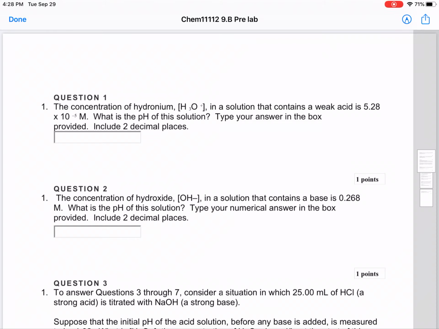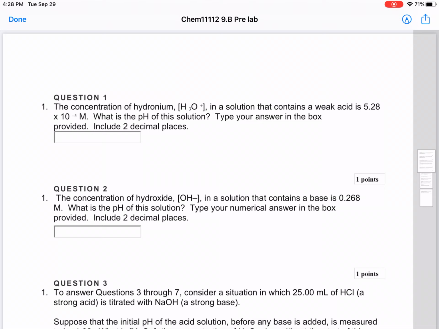Hello everyone, let's go ahead and do our experiment 9b pre-lab questions. It's not that hard, it's just acid-base. pH, concentrations of acids and bases, and pH of the solution is what we are going to learn in this section. Okay, so the first one: the concentration of hydronium ion, which is H3O+,